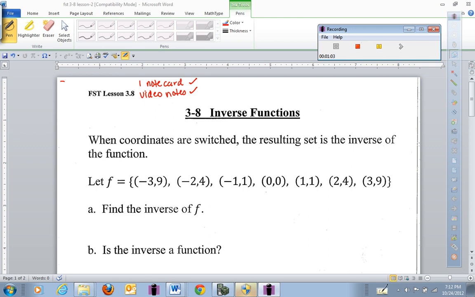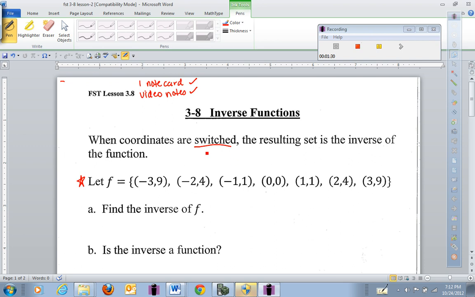we're going to start with the idea of when coordinates are switched. So here we have a set of ordered pairs, and the set contains (-3, 9), (-2, 4), (-1, 1), (0, 0), (1, 1), (2, 4), and (3, 9). And it says, can we find the inverse of f? And absolutely, we can find the inverse of f,